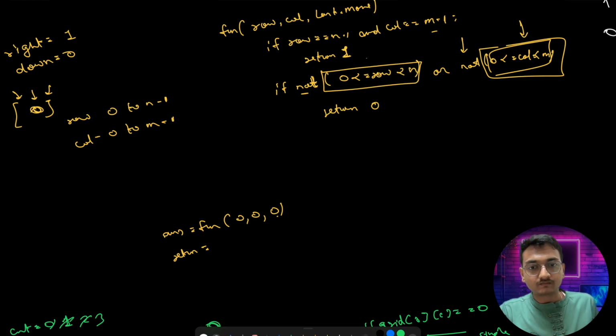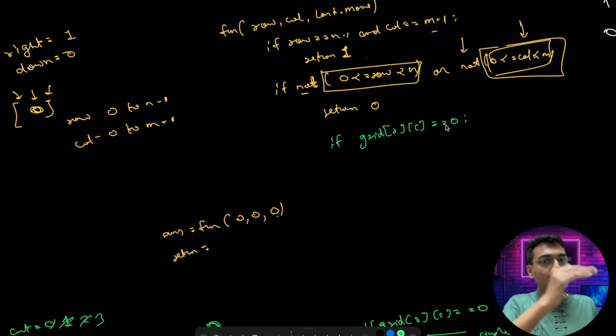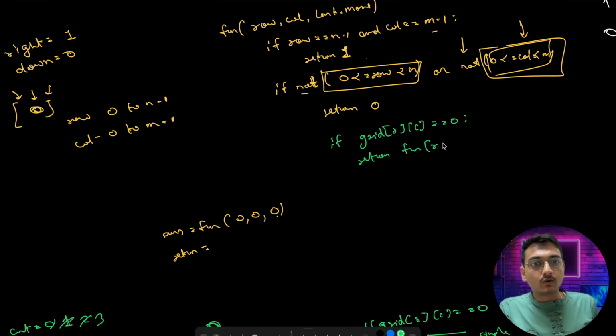Super. What I need to do now? I need to check if grid of row comma column equals 0. Then what I need to do? I need to either move right or move down, and I will be calculating my answer. So I can return function of row plus 1, which is basically the down movement,